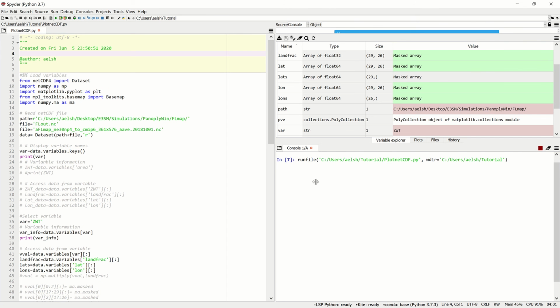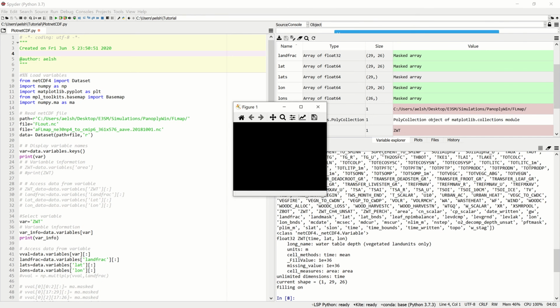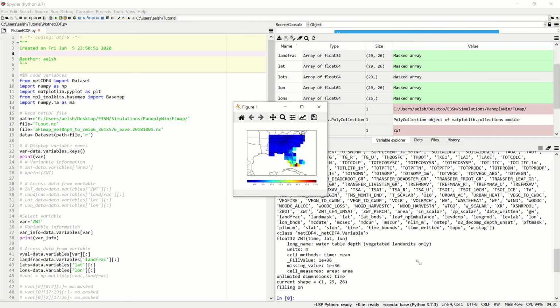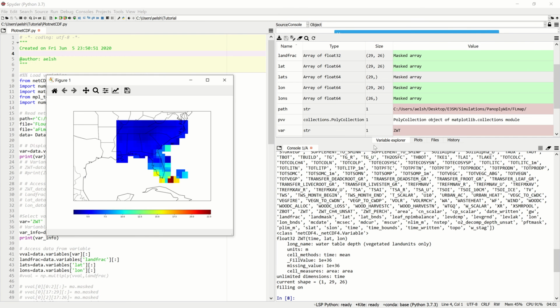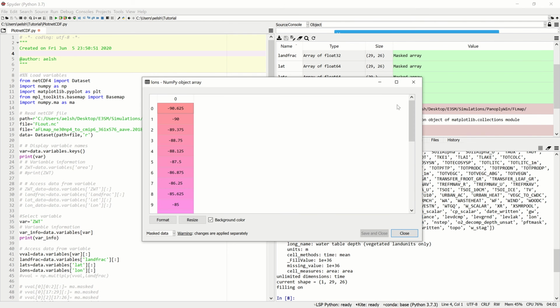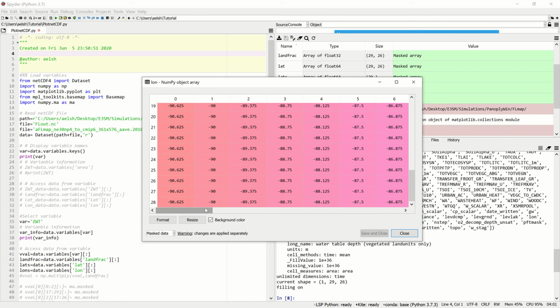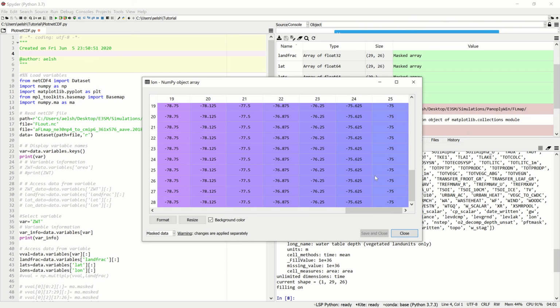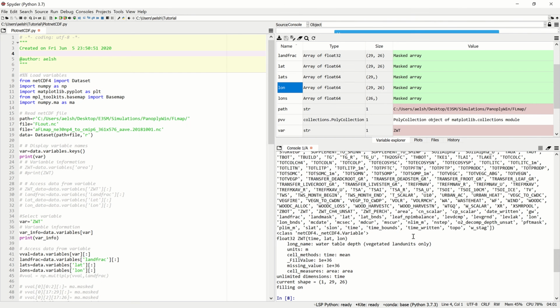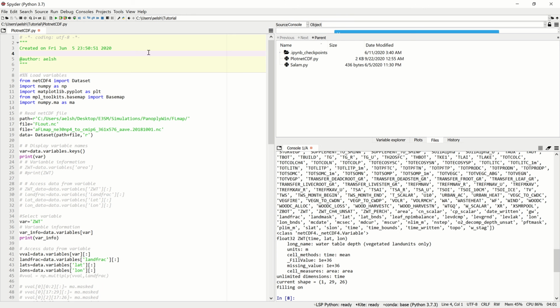So, for example, if we run this script, you can see it has printed some output on the console and brought out some figures. You have all the variables. This is a 1D array, and you can see the values here. This is a 2D array, for example. You can display the variable explorer, and you can display each variable, and you can see the files. So this is another integrated development environment.